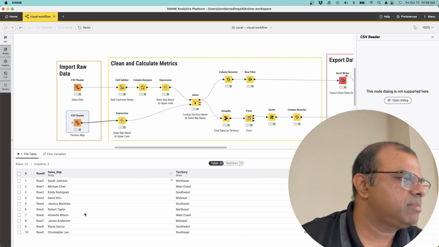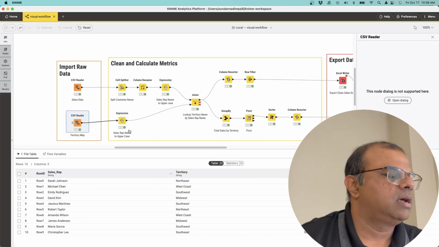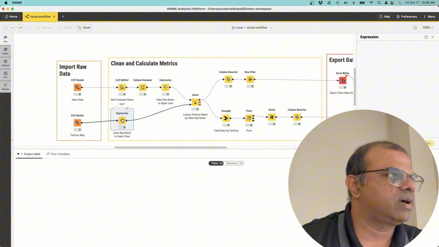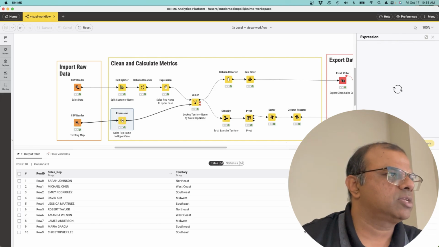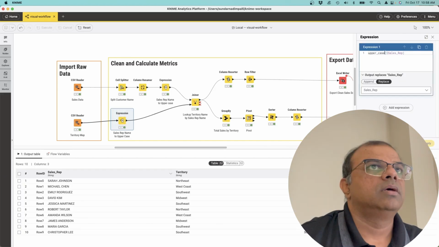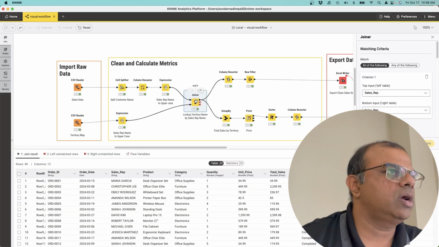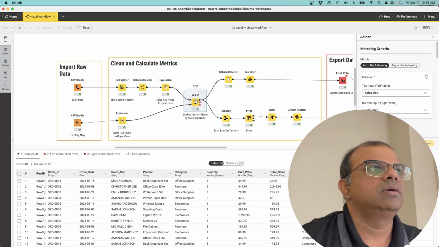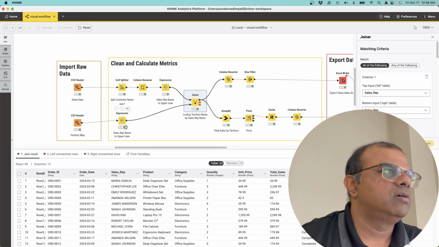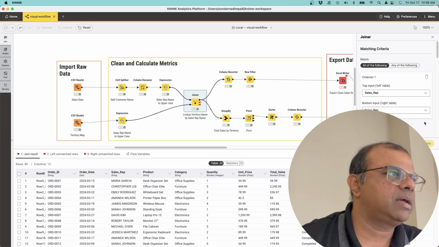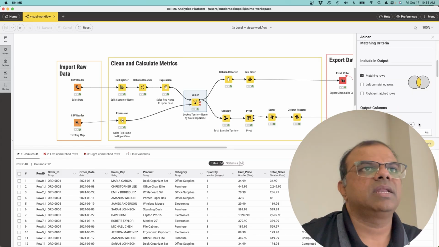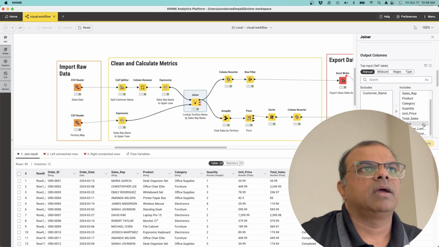And on the territory map side, I'm reading in that data from a CSV file and applying the same expression to convert the sales rep name to uppercase. And finally, my joiner node helps me do the lookup. So the lookup criteria is to use sales rep from the sales data and sales rep from the territory map data,